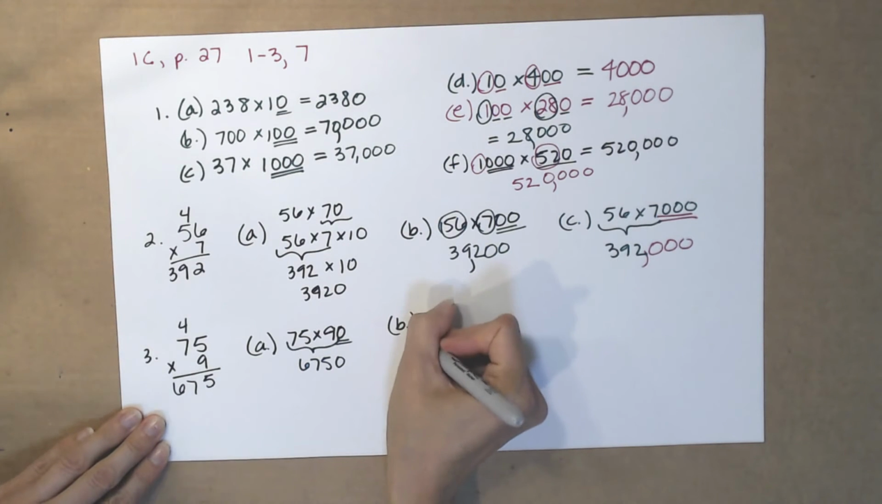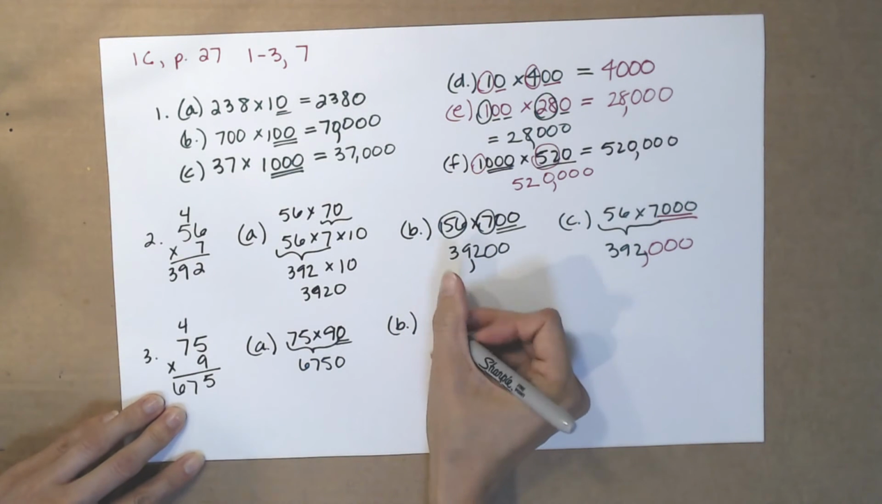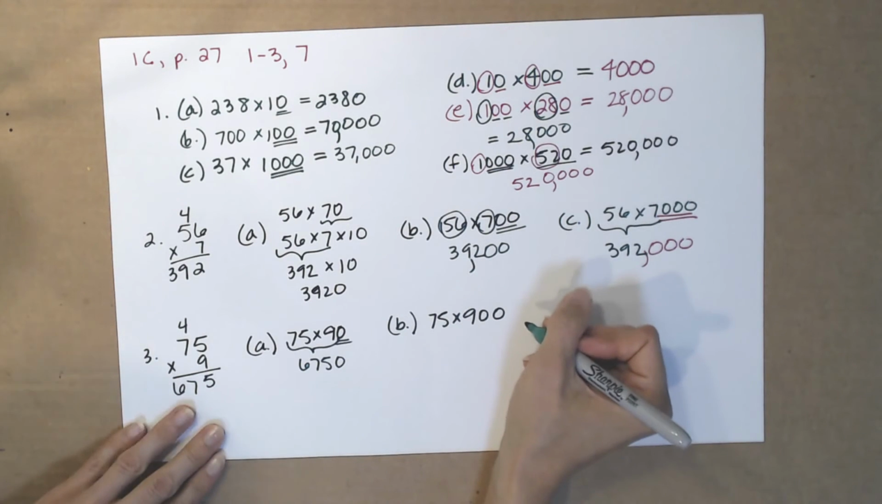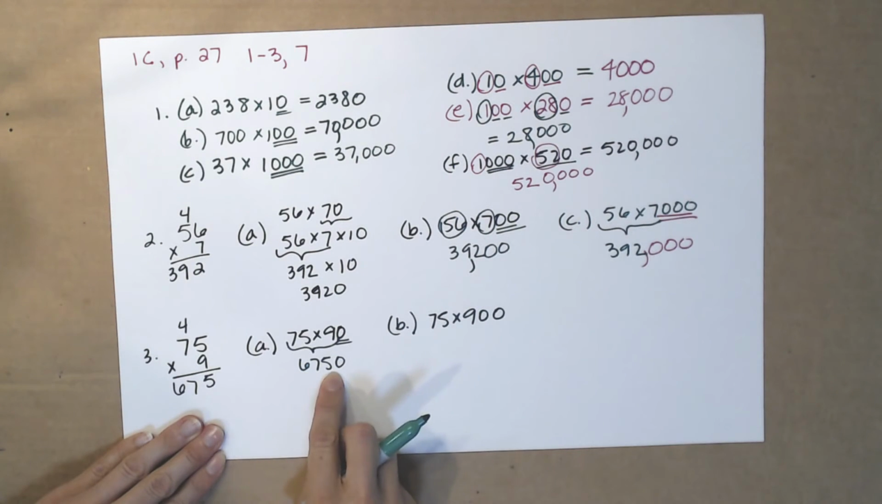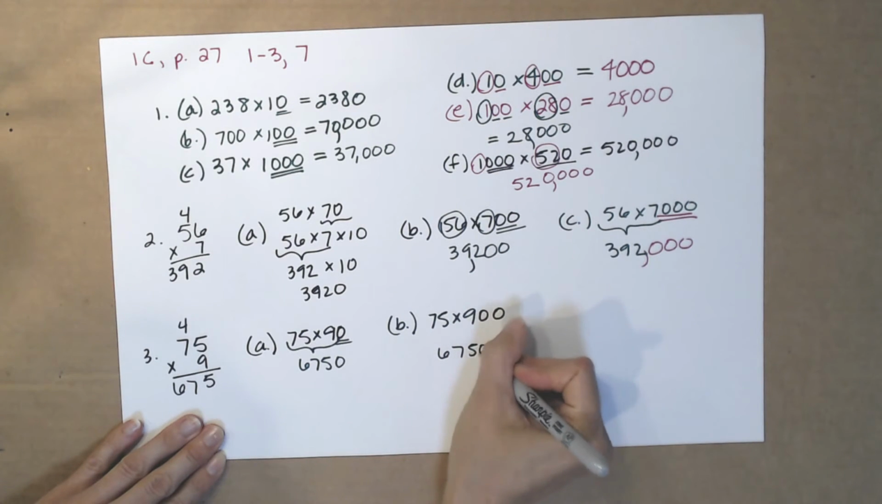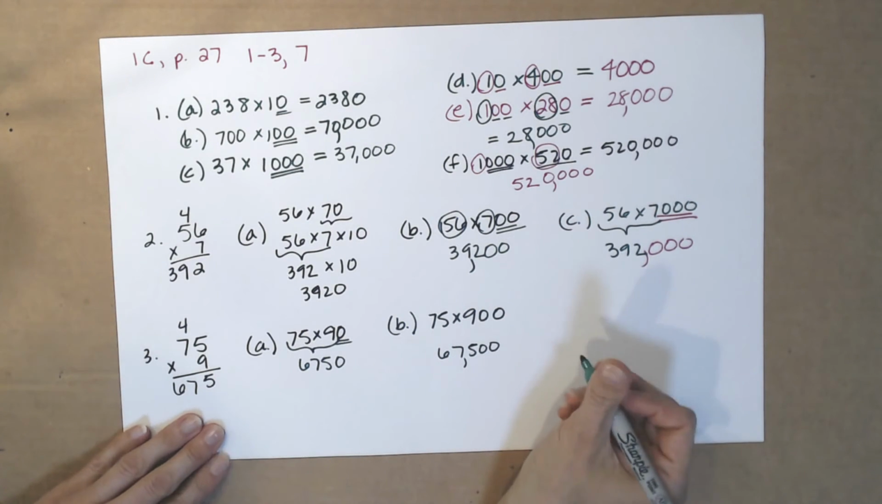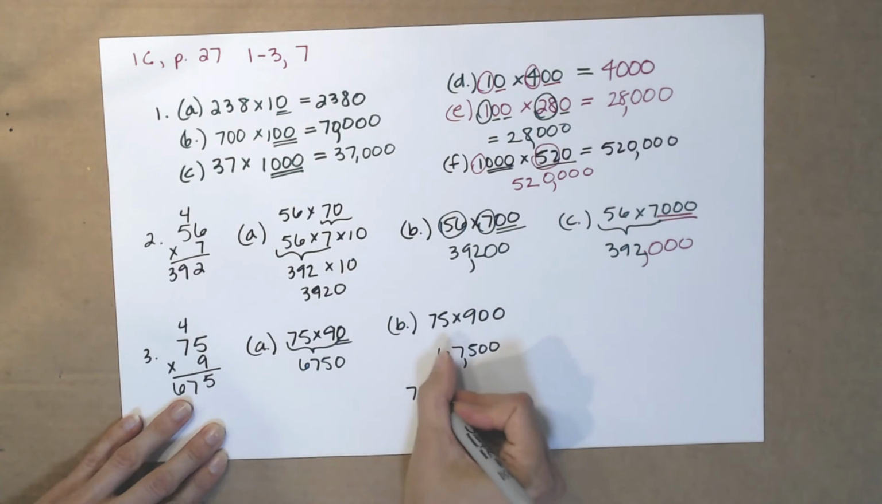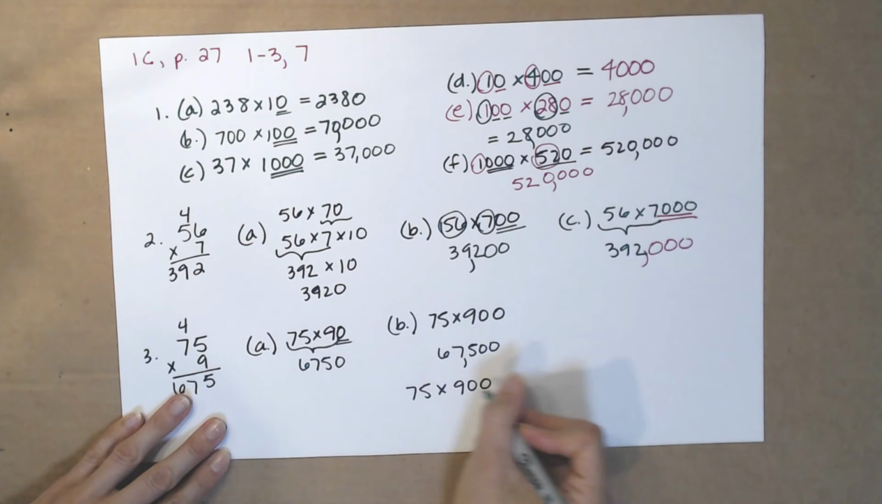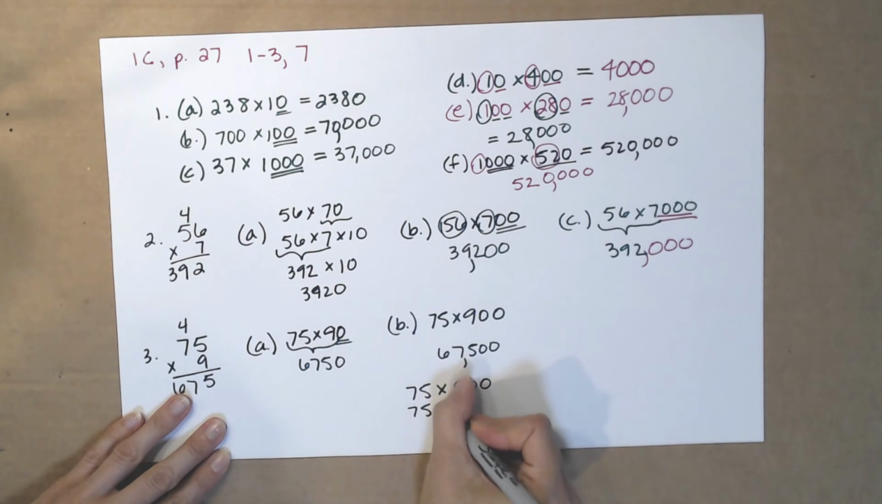Part B, 75 times 900. I think you see the pattern. It's just going to be this with another 0 now. It's going to be 67,500. If you need to expand it out to understand it, you can think of this 75 times 900 as